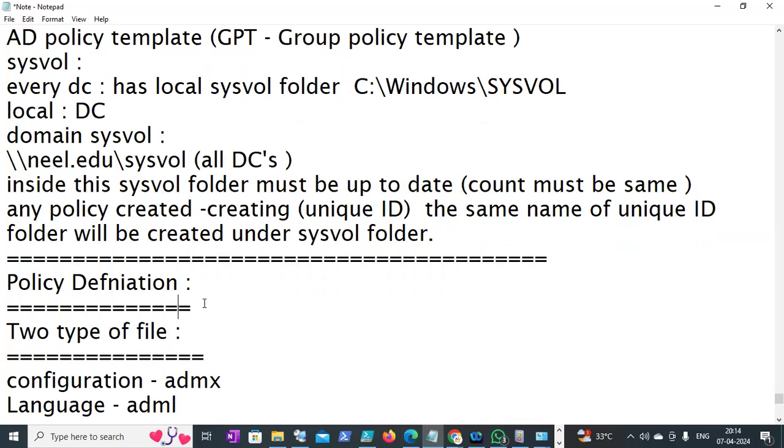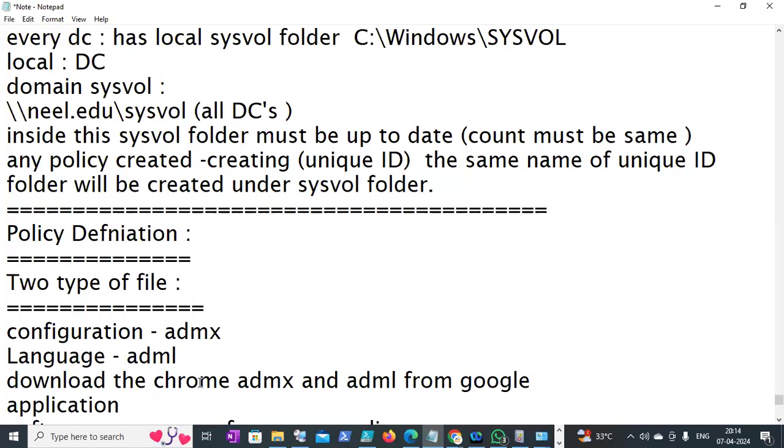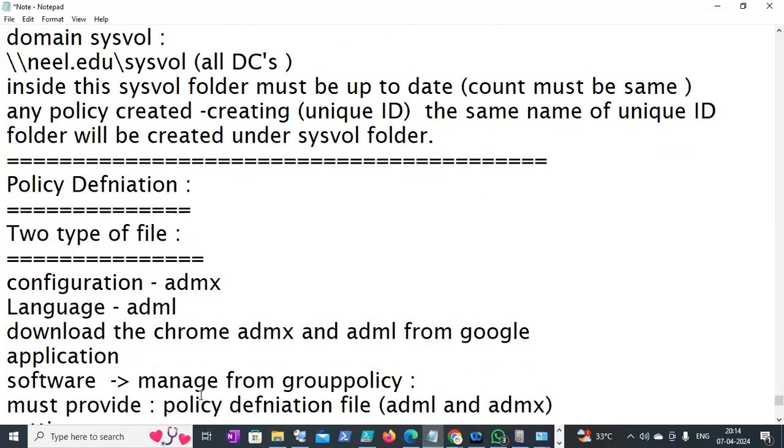In this policy definition, we have two types of files. One is called an ADMX file, that is called a configuration file. The second one is an ADML file, called a language file. So we stopped the class yesterday. If we need to do